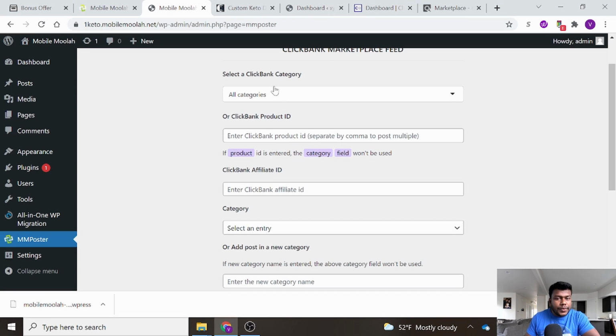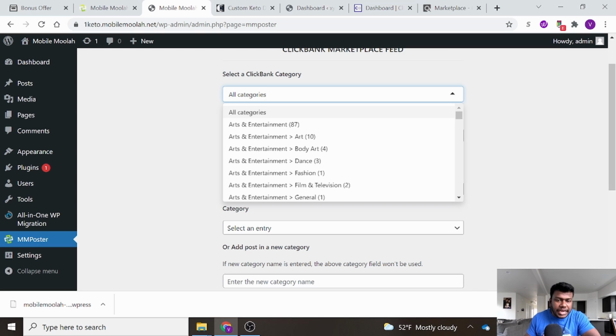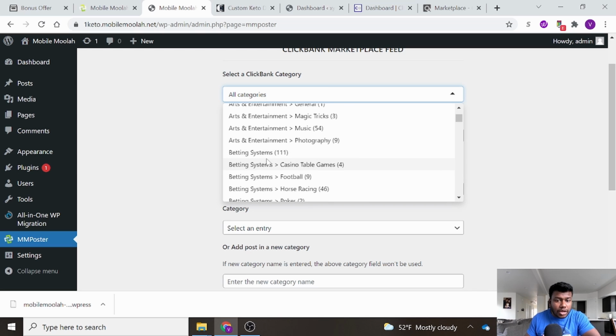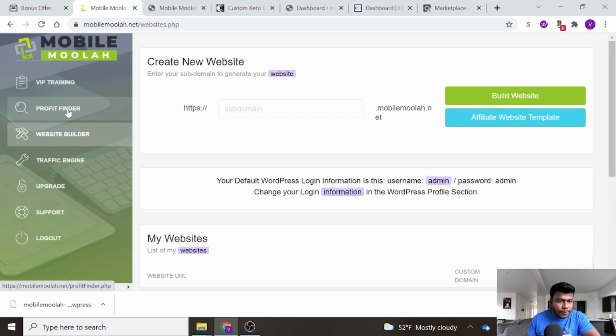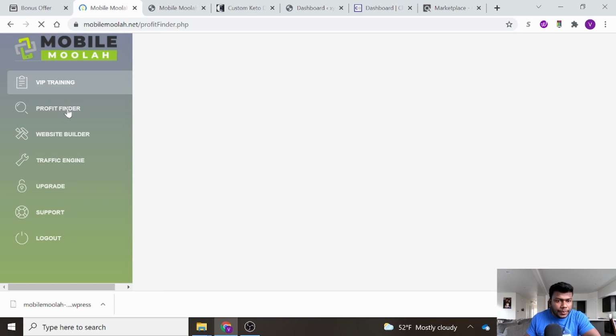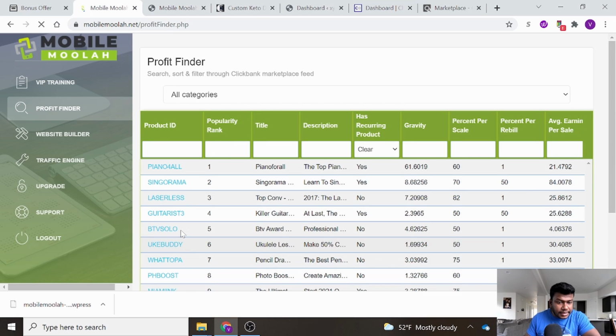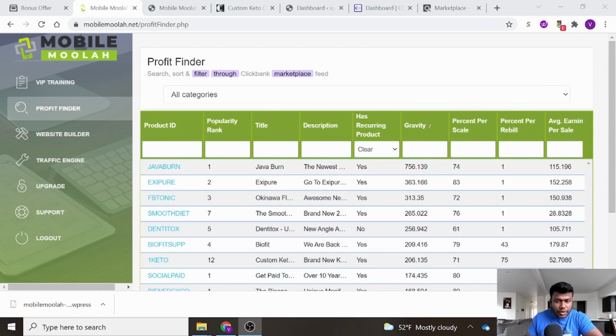Here you will be able to create the pre-sale pages to your website, like for any niche. You can select any niche, or you can even select the specific product ID which you can get from here. If you go to the Profit Finder, you will be able to get that product ID here. So for example, if you wanted to get the product ID for this keto one, just copy this one and go to your